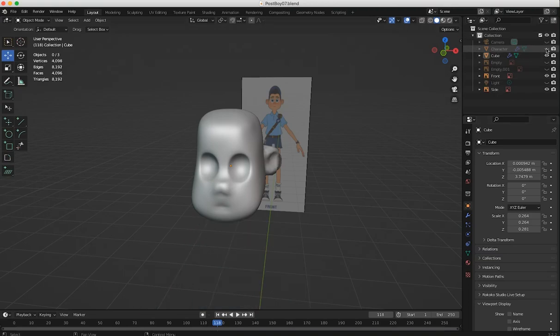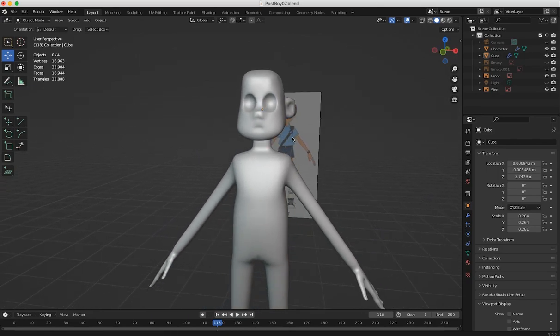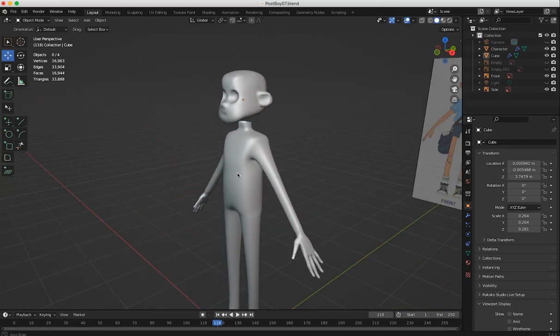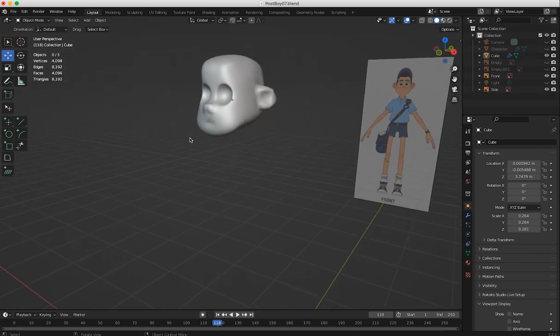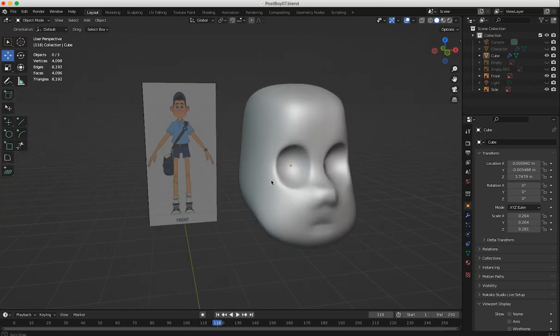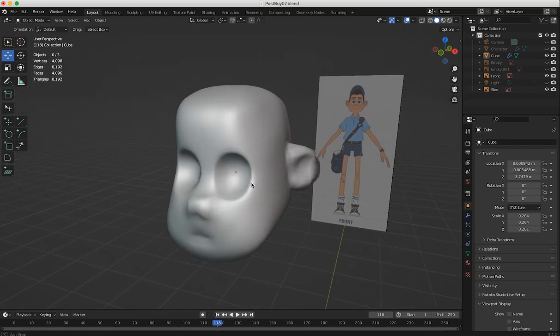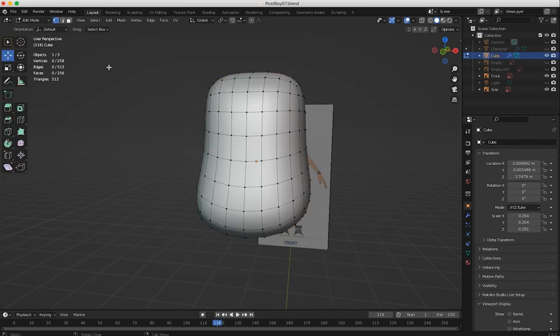I turn back my body just to see proportions, and everything seems all right. So now I'm going to turn off the character, and I'm going to use the head here to start using the Retopology tool to build the mesh. Because if I go to edit mode now,